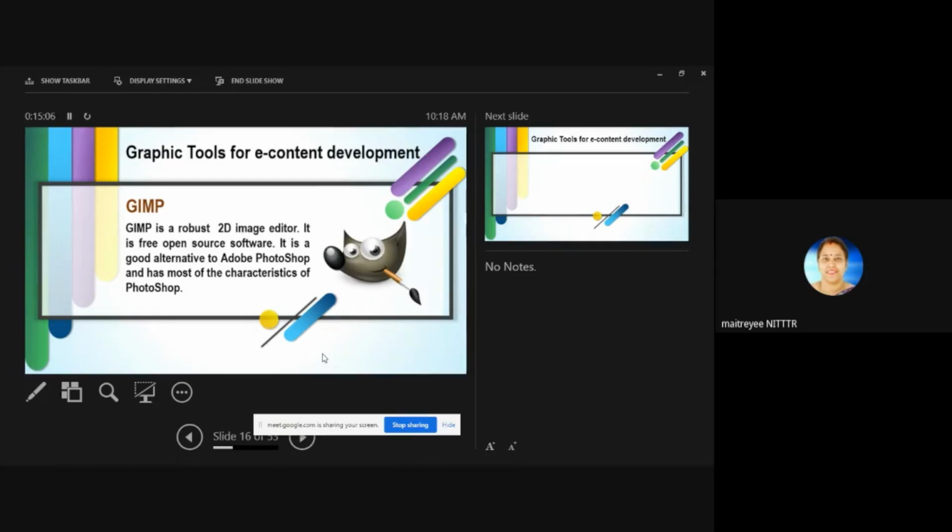I can say that open source software just cannot eliminate the commercial software, because commercial software is very strong. But anyway, for academic purposes, for research purposes and for general purposes, the open source software are somewhat taking the place of commercial software. So GIMP is a very good software.